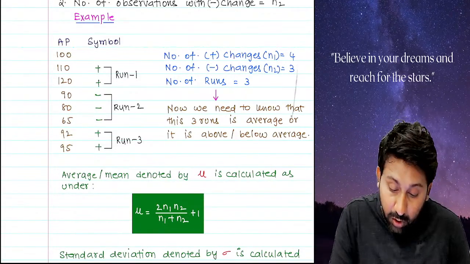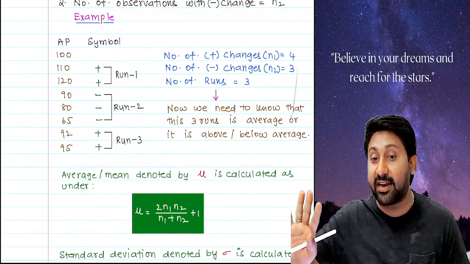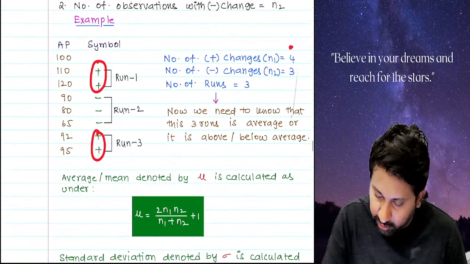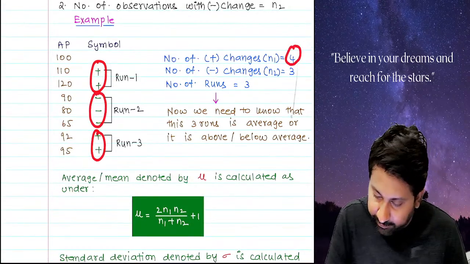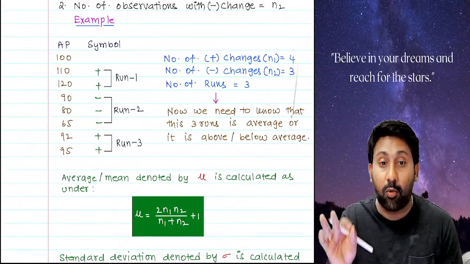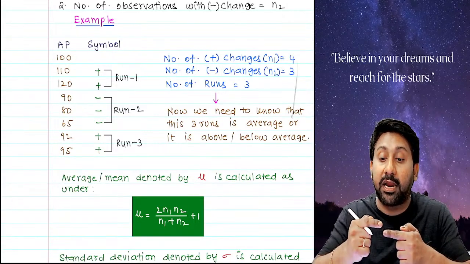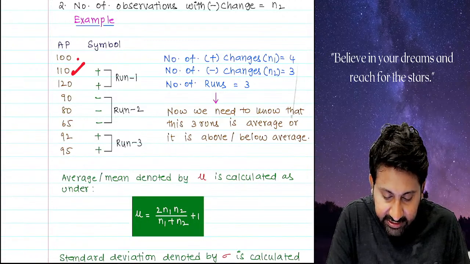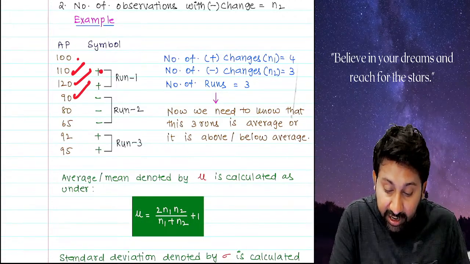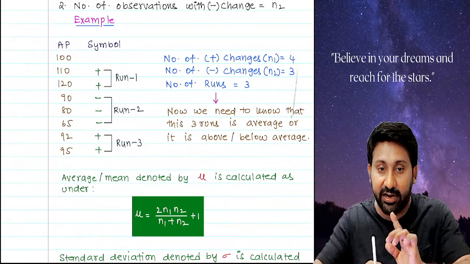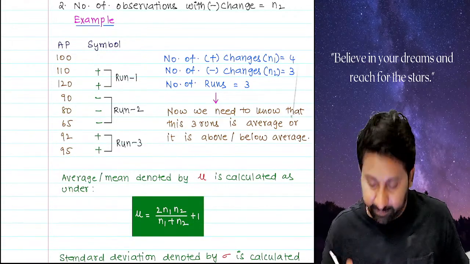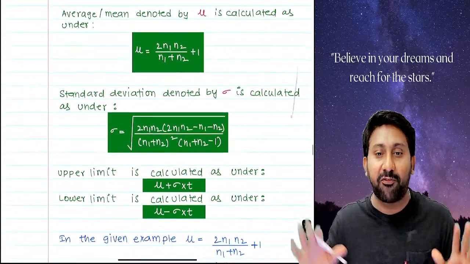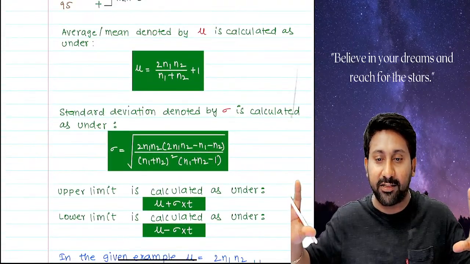So how many times is plus there? 2 times, that is irrelevant for us. As of now, how many pluses are there? 1, 2, 3, 4. So 4 N1s are there. 1, 2, 3, so 3 N2s are there. Runs. What do you mean by run? Whenever the market movement changes, that's called a run. One time increase, second time increase, next decrease, so one run is completed. A run takes a reverse trend, so a trend change is called a run. So 3 runs.